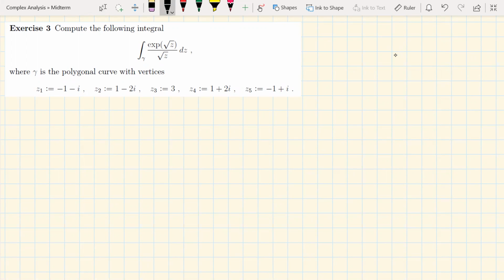So Z1 is -1 minus I. So if here is 0, this is Z1. Z2 is 1 minus 2I. Z3 is 3. Z4 is 1 plus 2I. And Z5 is -1 plus I. Okay. It's a curve going around